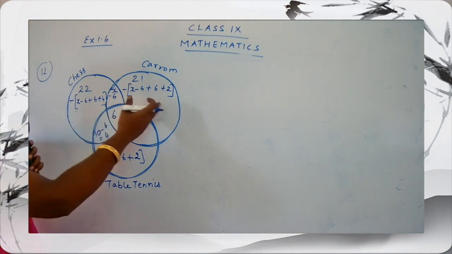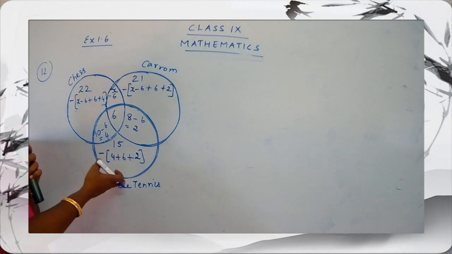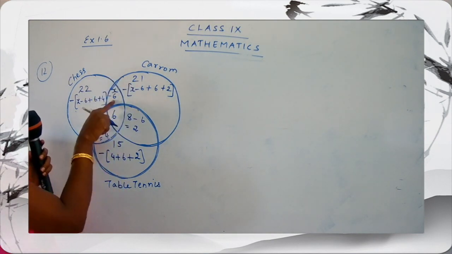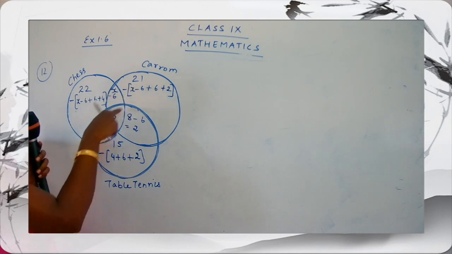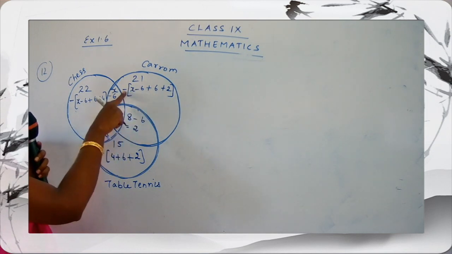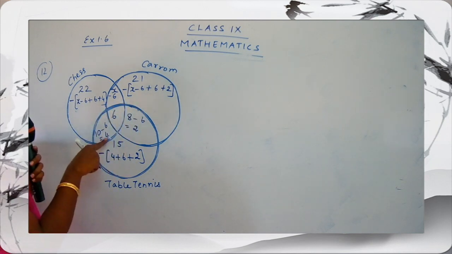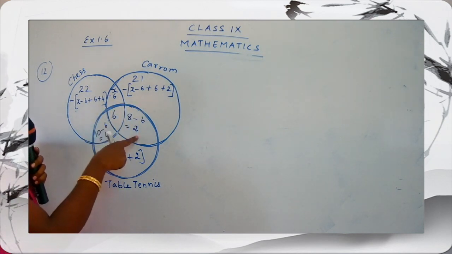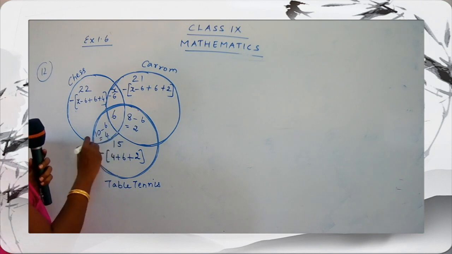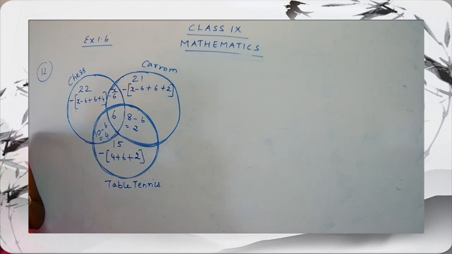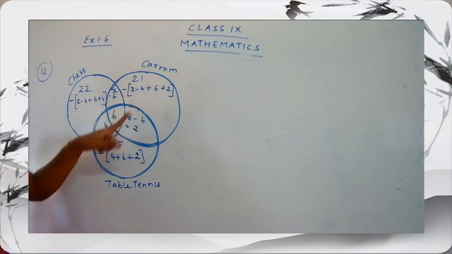Okay. X minus 6 plus 6 plus 4. In the same manner, you are going to complete the second set and the third set. So 21 is here and you don't want x minus 6 plus 6 plus 2. Use a bracket, children. Again here the number is 15. So we don't want 4, we don't want 6 and we don't want 2. That is, we want only the remaining part. We don't want the common part. Okay. So now let's simplify the sums.